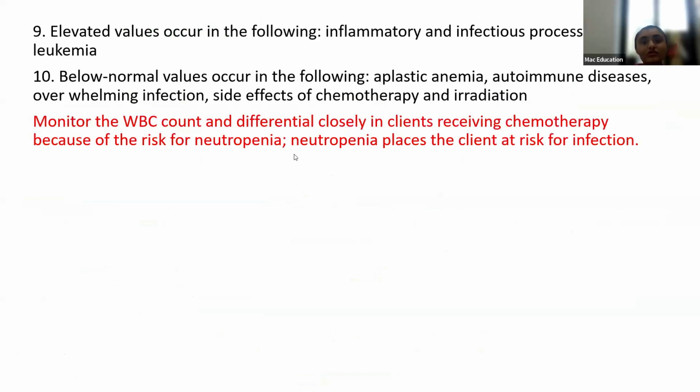Okay. Elevated values occur in the following: inflammatory and infectious processes, or leukemia. When there is a shift to right, WBC will increase. Shift to right means mature WBCs will increase. So during inflammatory and infection processes, we know that to provide the fight, the WBCs will increase. And in leukemia means